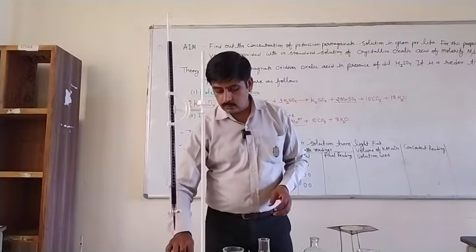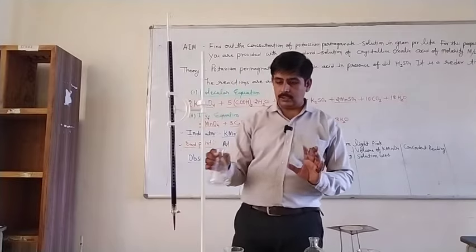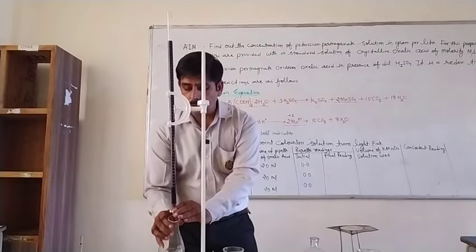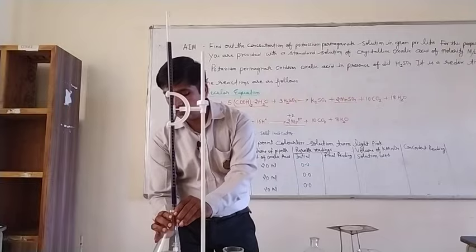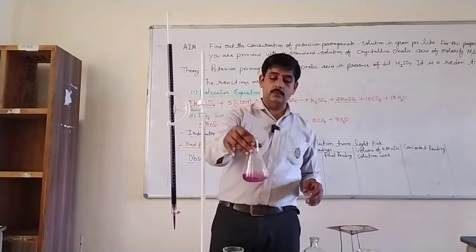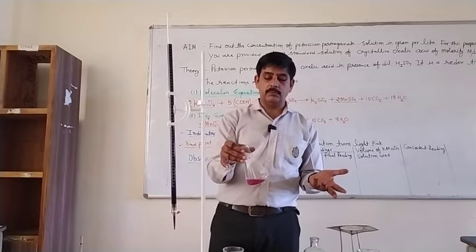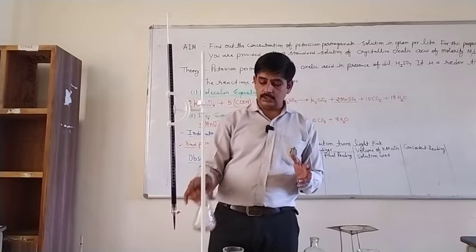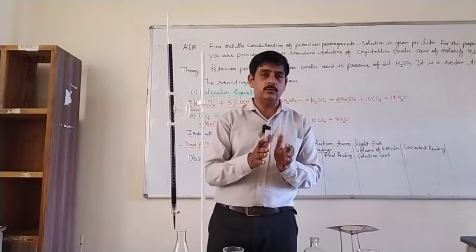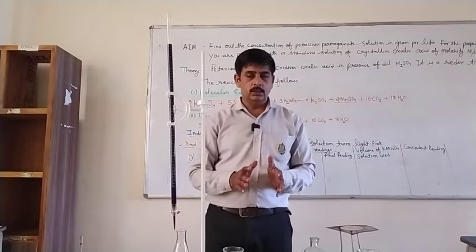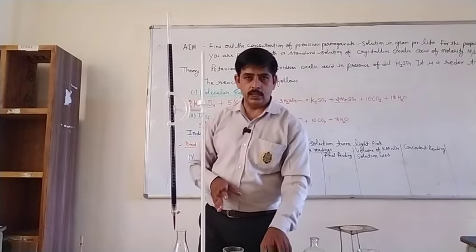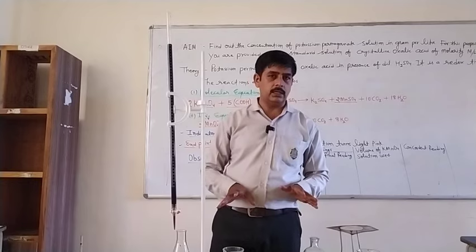Now what do we have to do next? Now we will start the titration here, but remember one thing: when you add the first drop of KMnO4, the color will change. It will become purple, and you will think that the reaction has completed. So remember, the reaction takes place mostly at 50 to 55 degrees Celsius. So you require a warm solution. Before starting, you should have a spirit lamp so that you can maintain the temperature.